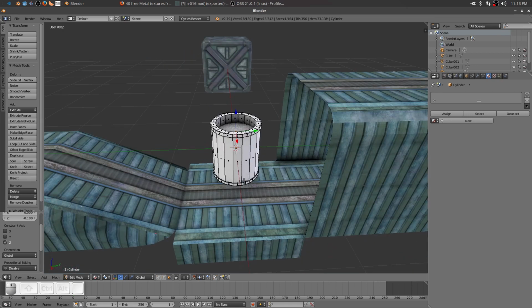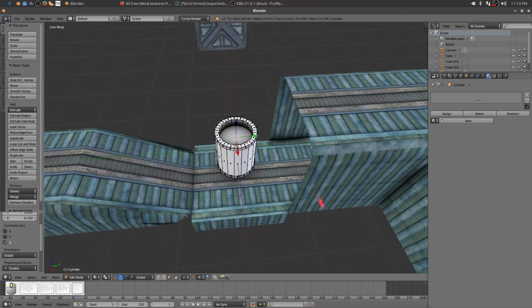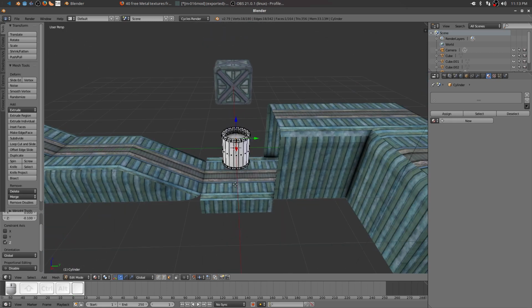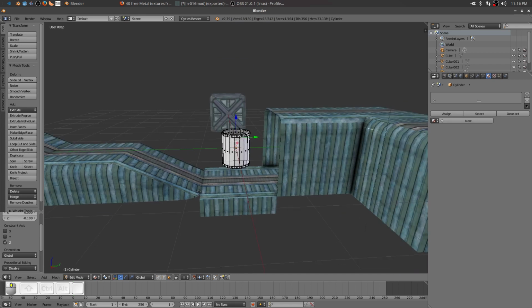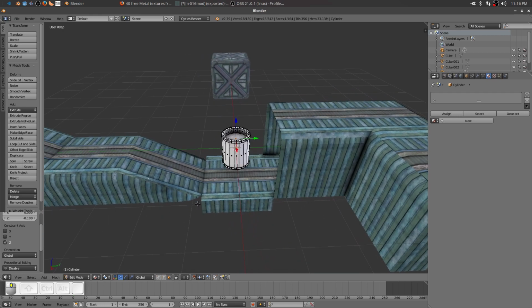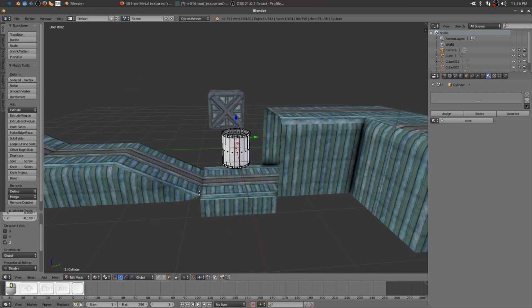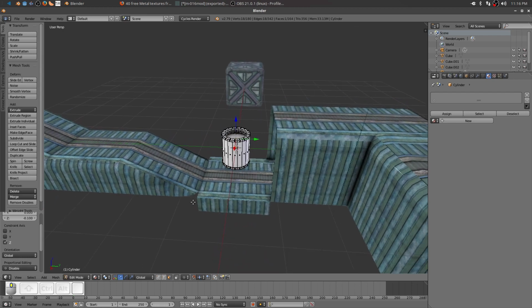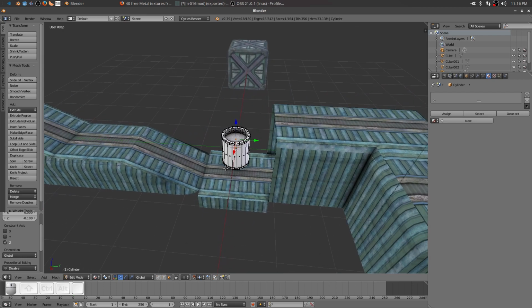I think that's good. I like that. So now I have to UV unwrap this. Again, this is not going to be a tutorial on UV unwrapping specifically, so we're going to cheat again and just cube unwrap it. But we don't want to assign